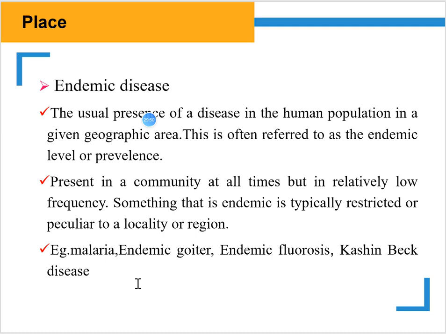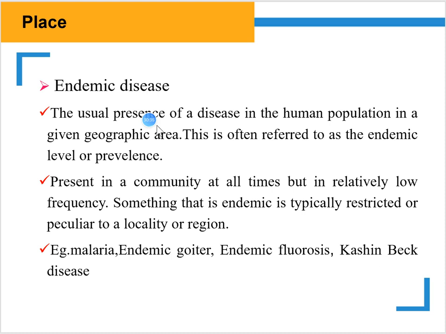What is endemic disease? The usual presence of a disease in the human population in a given geographic area. This is often referred to as the endemic level or prevalence. Present in a community at all times but in relatively low frequency. Something that is endemic is typically restricted or peculiar to a locality or region, such as malaria, endemic goiter, endemic fluorosis,